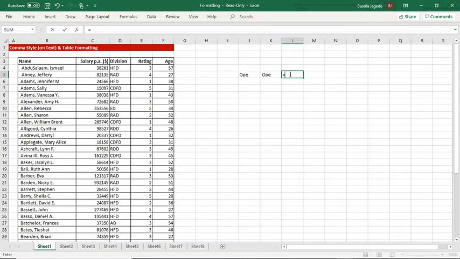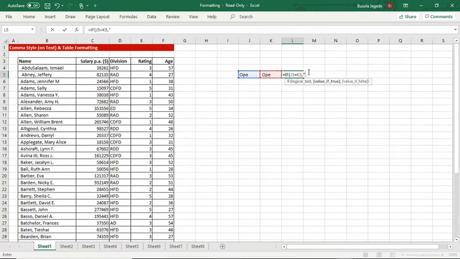So I'm going to apply a formula which we'll come back to in the future, so don't really bother about this. So I'm going to see, is this cell equal to this cell? If J5 is equal to K5,